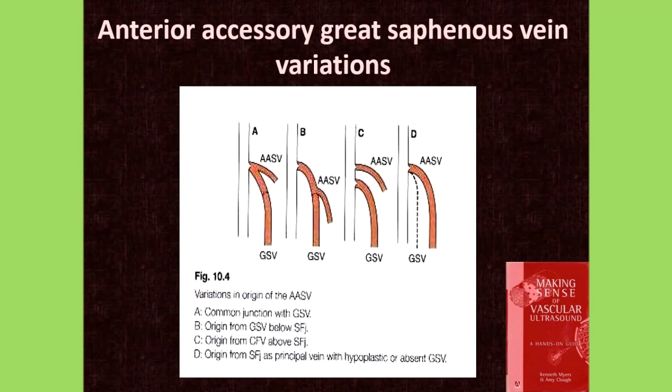The anterior accessory may have some variations in terms of its termination. It often will terminate with the great saphenous vein at the saphenofemoral junction. It sometimes will join the great saphenous vein a little bit distally. It may join the common femoral vein itself, and it may be the major outflow, so that the great saphenous vein is either hypoplastic or isn't even there, and that's what's joining the